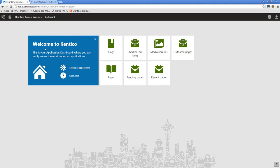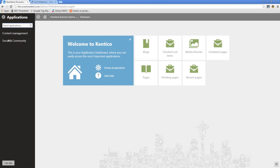The other kind of addition to this, which I touched on a little bit, is that you can customize what shows up in the applications list. In this case, generally what you want to do is just remove things that people aren't going to be using. One way to do that would be to remove their permission to use it. But if you don't want to do that, you just want to eliminate it from their list, you can go to